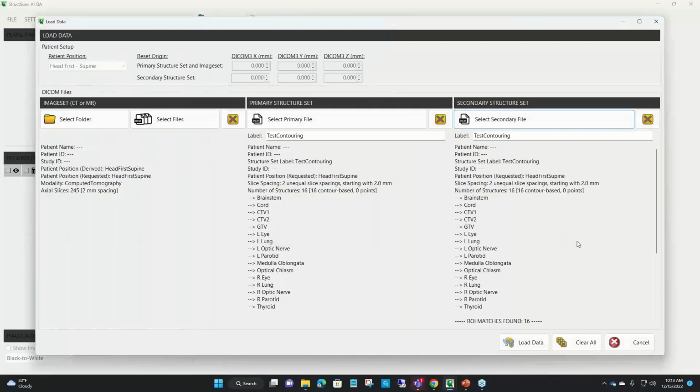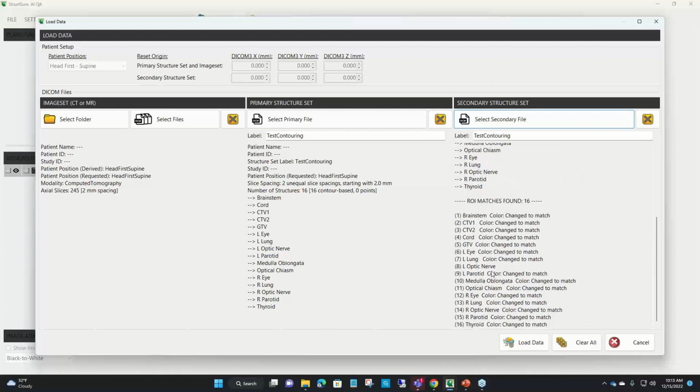So bring that up. And it says, this is what I found in the secondary set, the one I'm going to compare against. And also here are the regions of interest that I matched with the primary set, and I found them all, it looks like, all 16 of them.